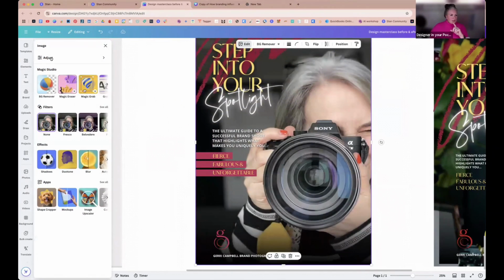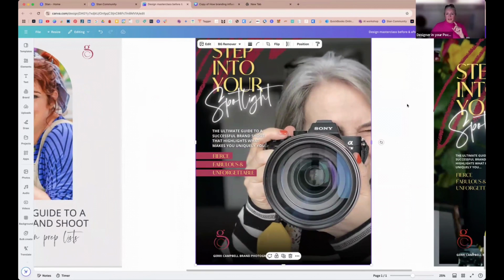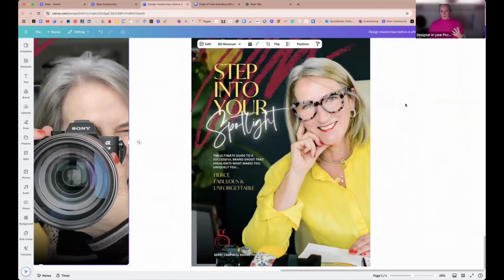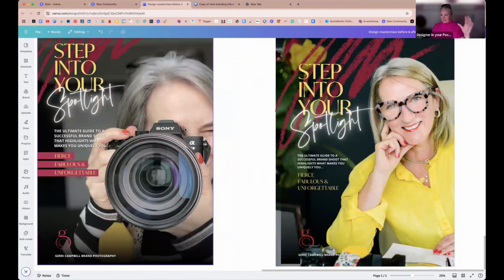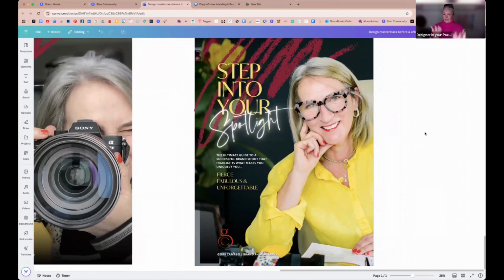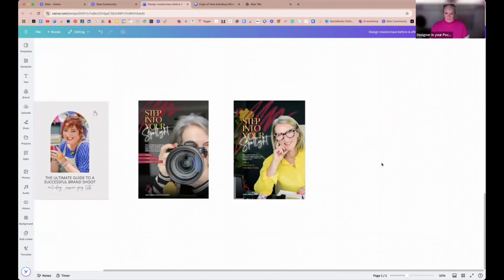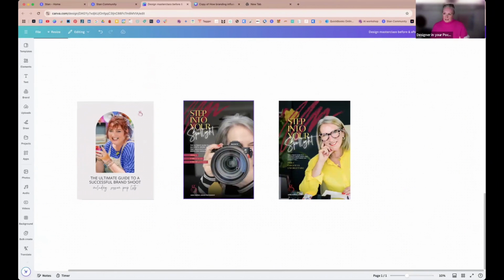I'm just going to check something actually. No, it's okay. And then I gave her 2 options as well, because she actually had this other image where you can see her face. So one is very obvious that she's a brand photographer and this is her working. But if she was happy to have the traditional headshot, then I gave her this option as well. So I just wanted to show you the difference we can make from magazine covers and lead magnet